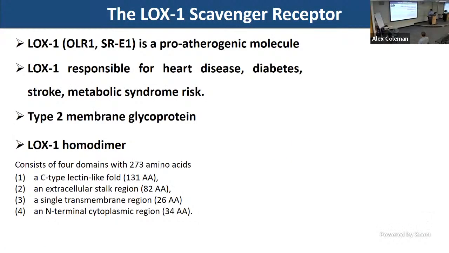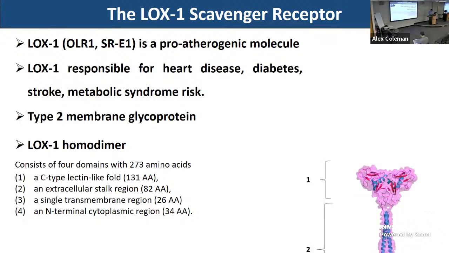So for my work, we use LOX1 scavenger receptors. This LOX1 scavenger receptor is a pro-atherogenic molecule. This LOX1 is responsible for heart disease, diabetes, stroke, and metabolic syndromes. This LOX1 scavenger receptor is a type 2 membrane glycoprotein, and LOX1 is a homodimer in structure, which consists of